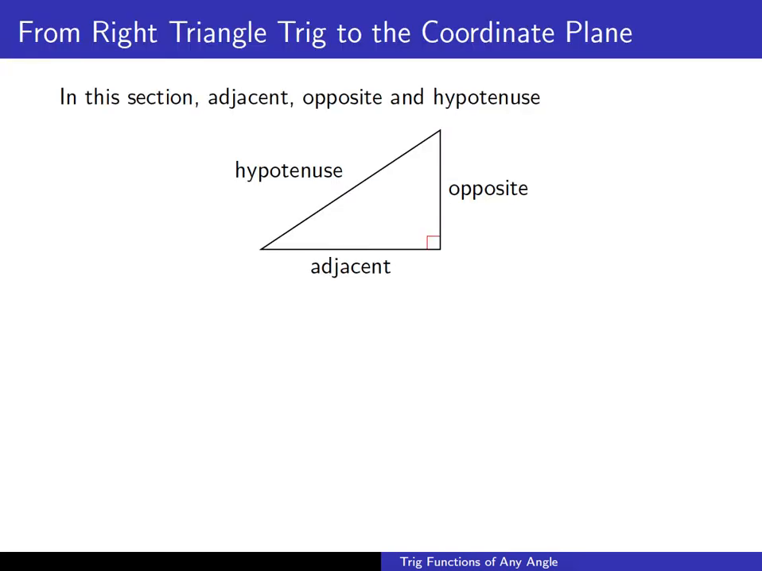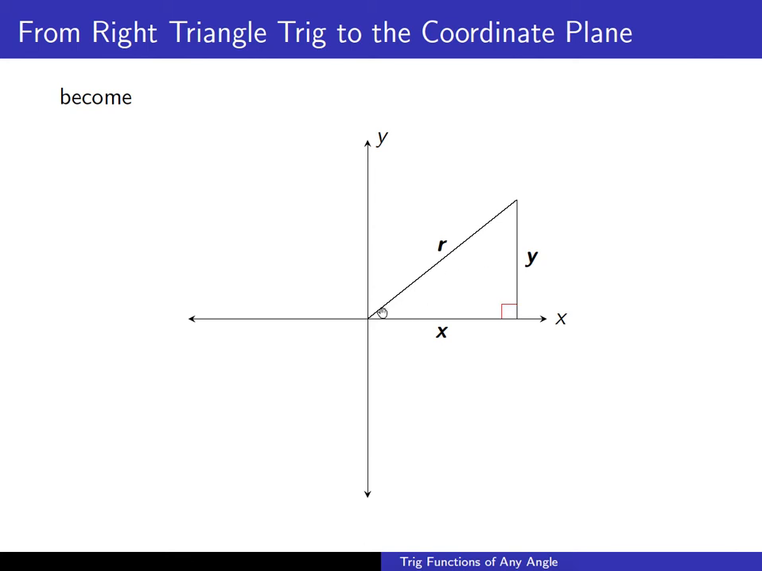So from right triangle trigonometry, we had angles in standard position where we had our adjacent side on the positive x-axis. Our hypotenuse is always opposite the right angle. It's the longest of the three sides. And then our angle in standard position, we have a side opposite that angle. Well, in the coordinate plane, the opposite side becomes a y coordinate, the adjacent side becomes an x coordinate, and the hypotenuse becomes r for